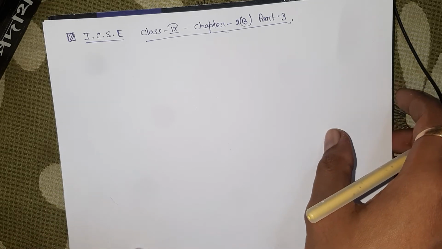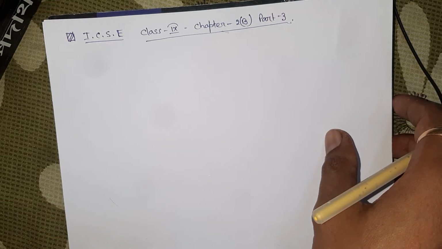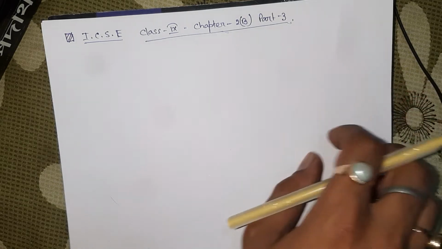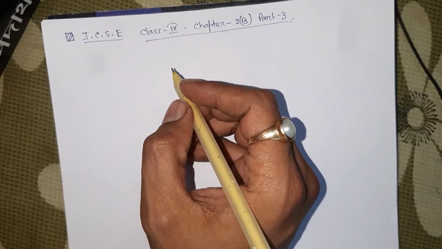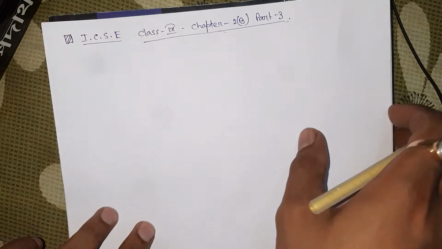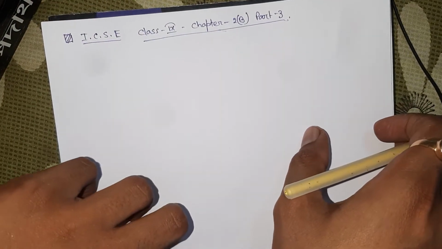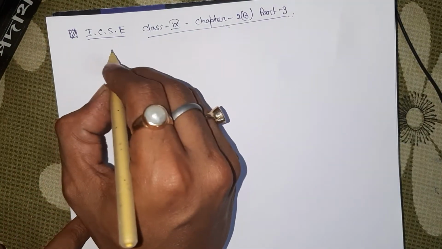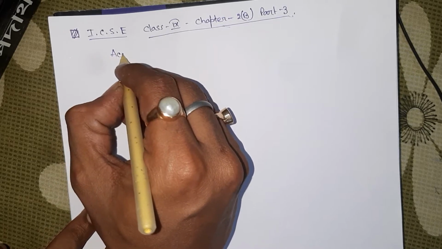ওয়েলকাম। আজকে ক্লাস 9-এর চ্যাপ্টার 2B গ্রাফিক্যাল রিপ্রেজেন্টেশনের লাস্ট পার্ট বা পার্ট 3টা পড়াবো। তো লাস্ট ভিডিওতে আমরা ভেলোসিটি টাইম গ্রাফ নিয়ে ডিটেলসে আলোচনা করেছি। তো আজকে যেটা পড়বো সেটা হচ্ছে অ্যাক্সিলারেশন টাইম গ্রাফ।